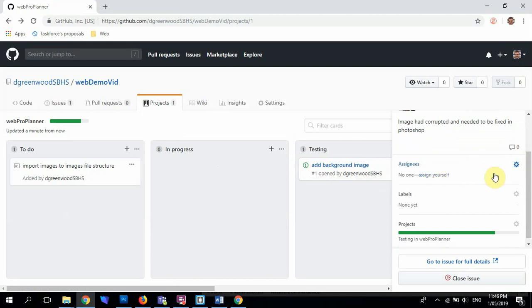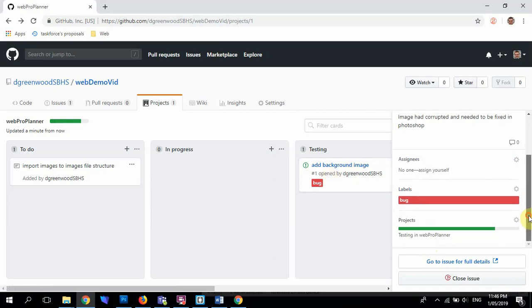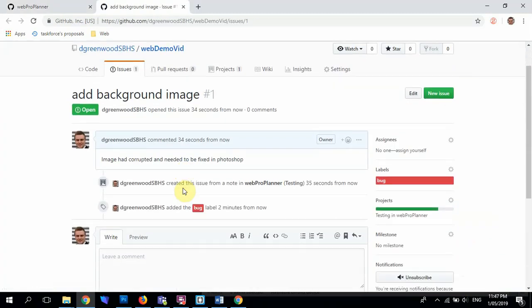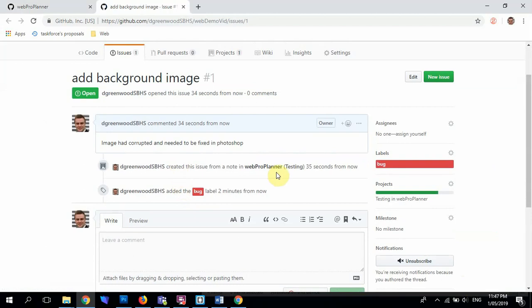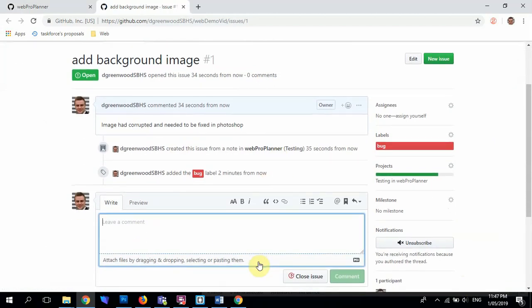Assignees. Oh, so I can assign it to someone that I want to do. Labels. Bug. Here we go. That's where I wanted to be. Okay, so it's labeled a bug. There. Go to issue for full details. Right. Then I might leave a comment here, and I'll say